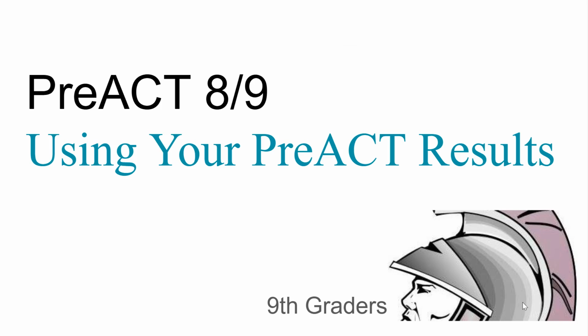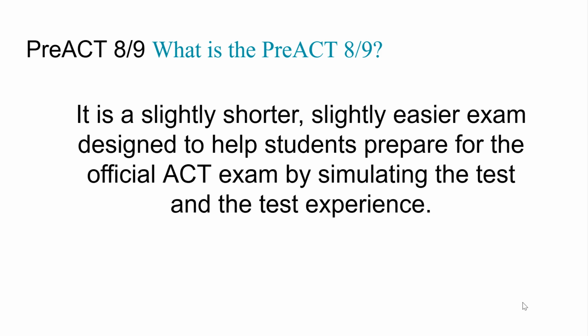Ninth grade parents, today in English class, I spent about 15-20 minutes with your kids. We went over using your PreACT results. So I just wanted to share what was told and make sure that you're looking for those results to come home. So basically, the PreACT is slightly shorter, about an hour less, and it's also